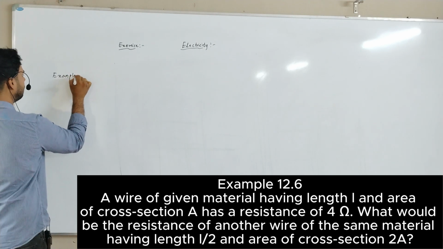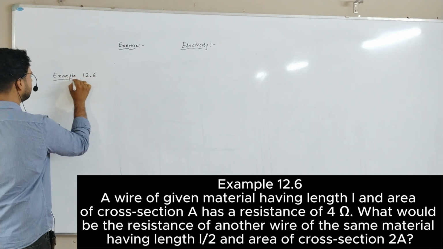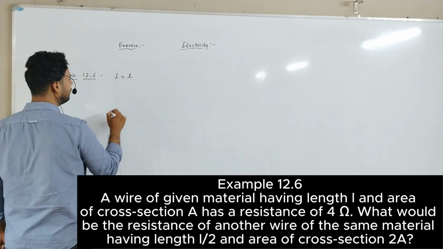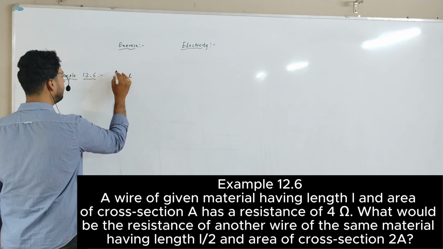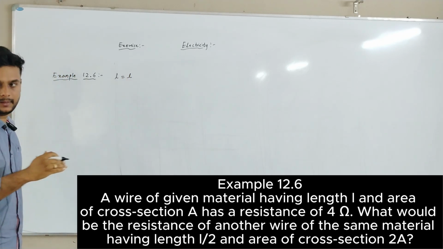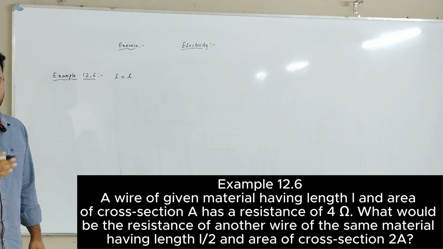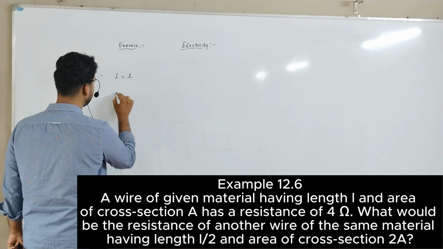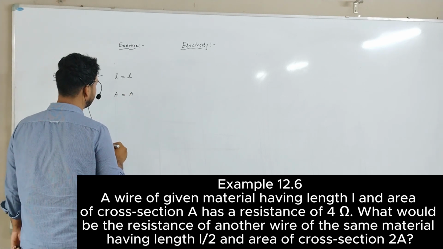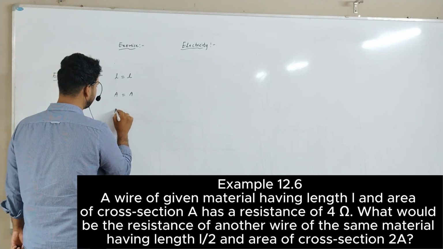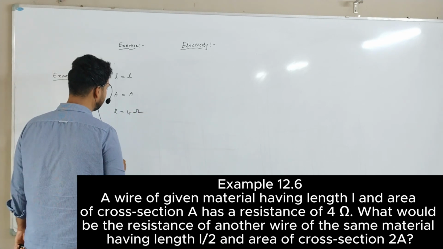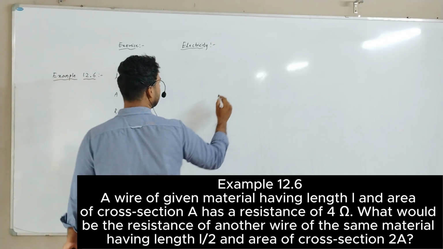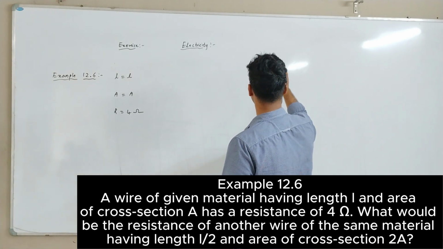A wire of given material having length L and area of cross section A has a resistance of 4 ohm. One material, okay? You can take copper, aluminum, anything, that's the same metal. What would be the resistance of another wire of the same material having